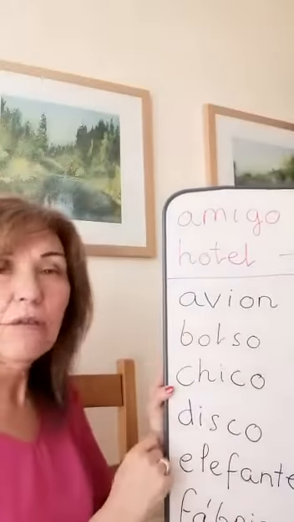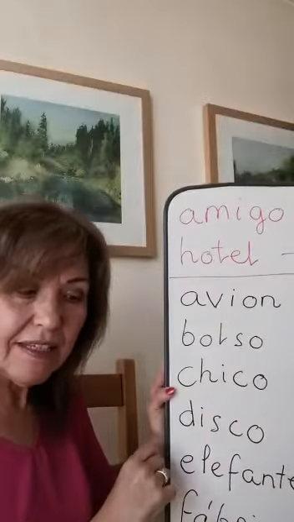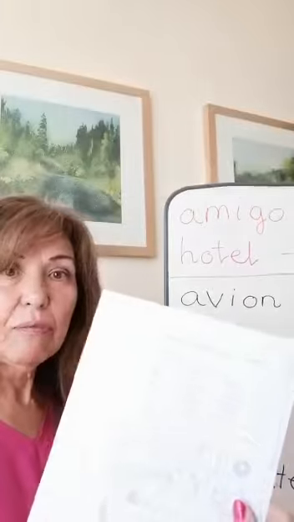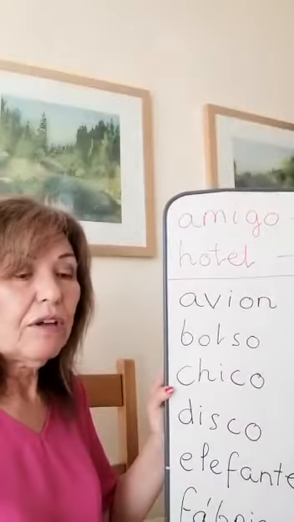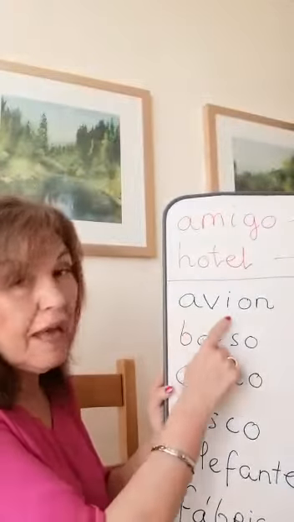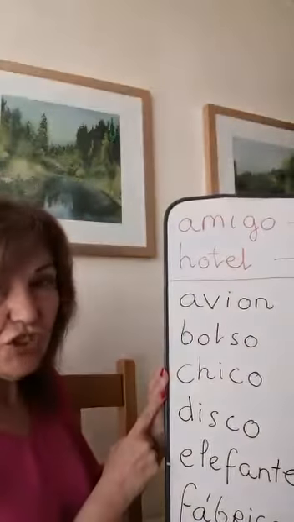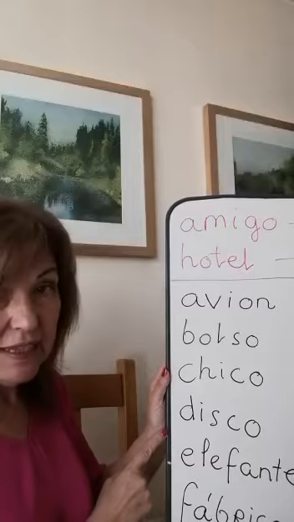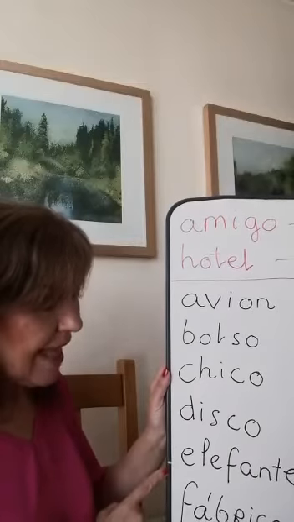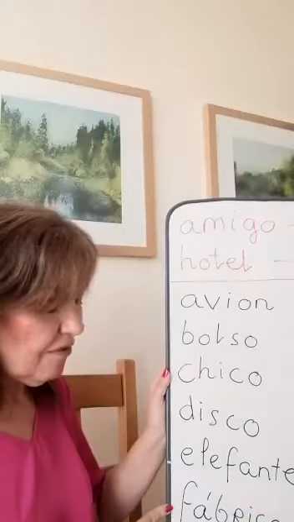Remember, the letter V was pronounced like a B, yes? So for those of you that have the page, yes, you can follow in the page or here, we have avión, bolso, chico, disco, elefante, fábrica,